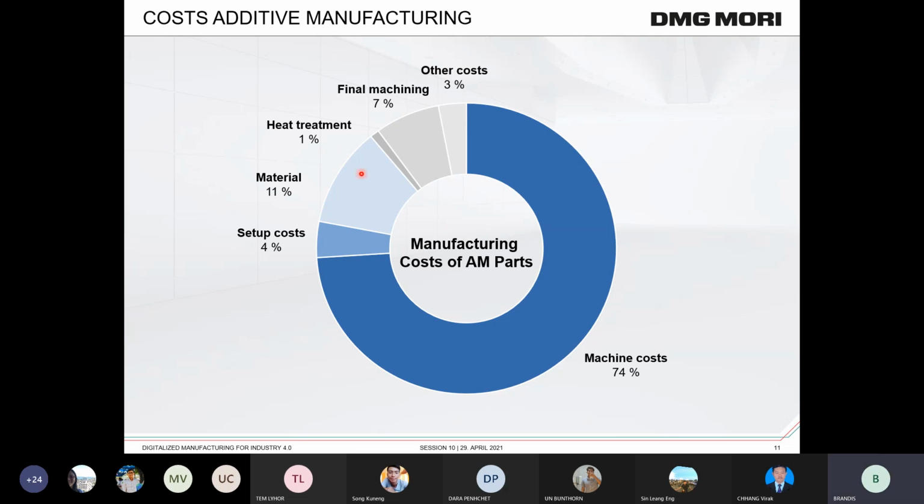So this is here too easy. We have sometimes heat treatment, and final machining is normally around about 7 or 10%, and some other costs. So this is a typical overview of cost for printed parts with standard materials like stainless steel, tool steel, or